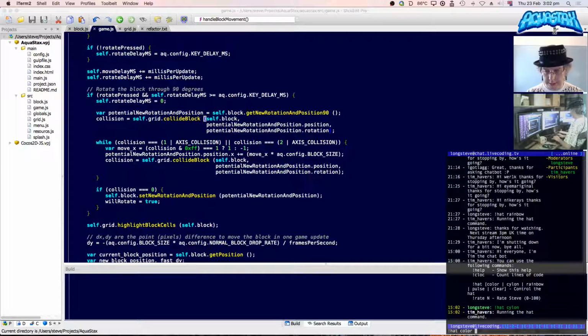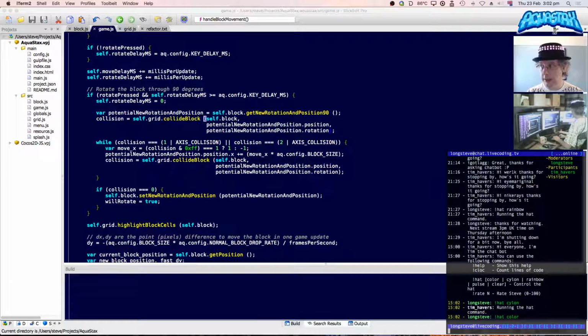Let's just do a quick hat color. Let's just do a random. Does it do random color? Yeah, it does. Random color. Excellent. And then we can do hat color. In fact, I might leave it on a random color and see if it changes. Right. So I will just chat with myself for a little while, making sure things are all working.